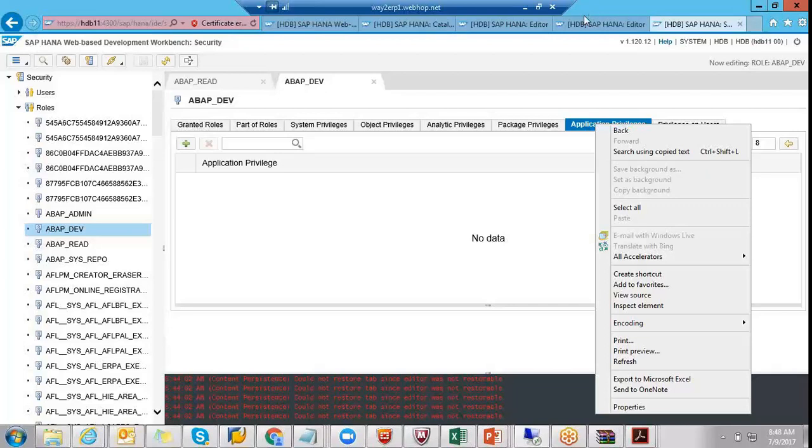PFCG will have roles. There are backend components and front-end components. In the central hub, backend is separate and front-end is separate, and I install some backend components and some front-end components. If you talk about technical terminology related to Fiori, that's more than enough.